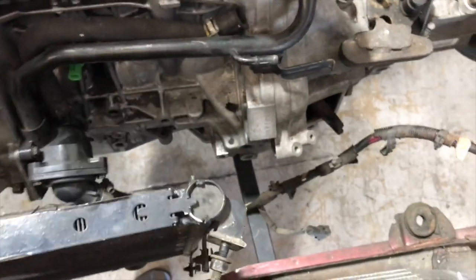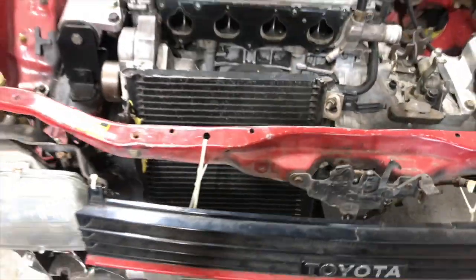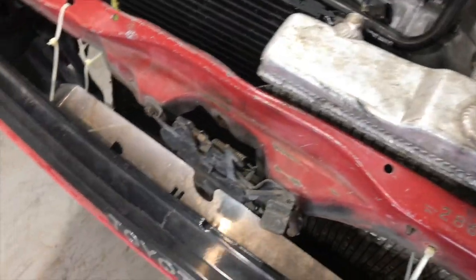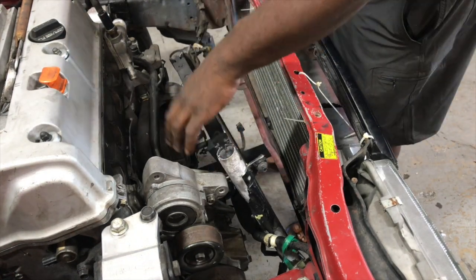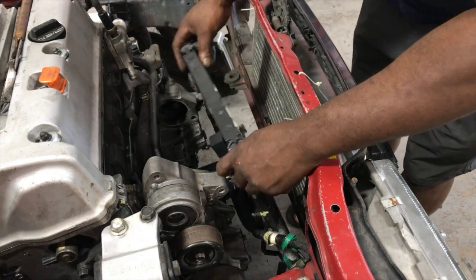And once that's in, so you can see that that'll be in, and then we can put our radiator on this side. Let me put this thing on the tripod so I can have both hands to work here. Okay, so like I said, this will go here,